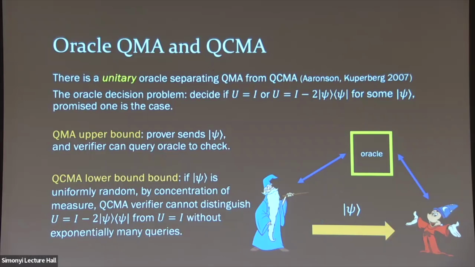So that was an example of an oracle separation. And it's a nice separation, but it's not too hard to show. Kind of very, very intuitive. Right? You're exploiting the fact that quantum states live in a very high dimensional space. And if you have a random quantum state that you're looking for, a small amount of classical advice shouldn't be able to help you locate it.